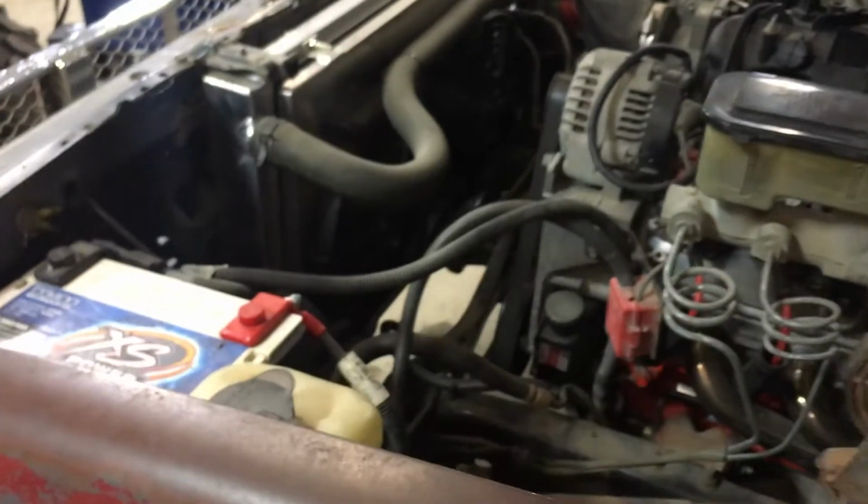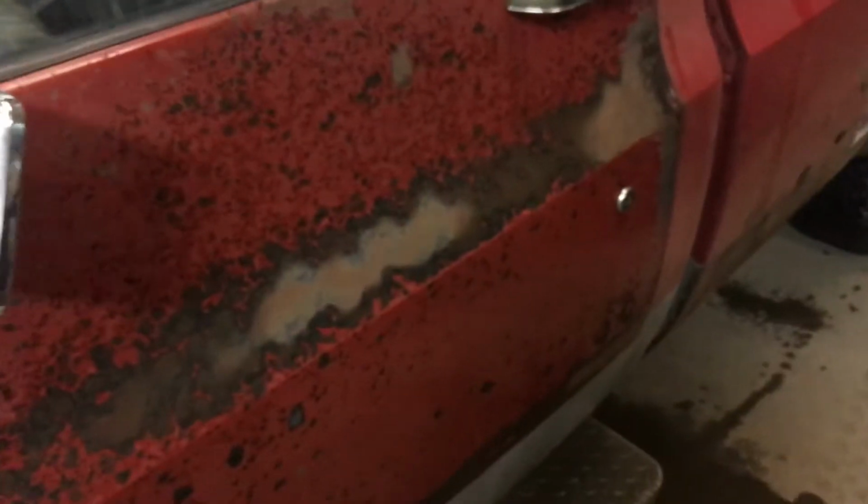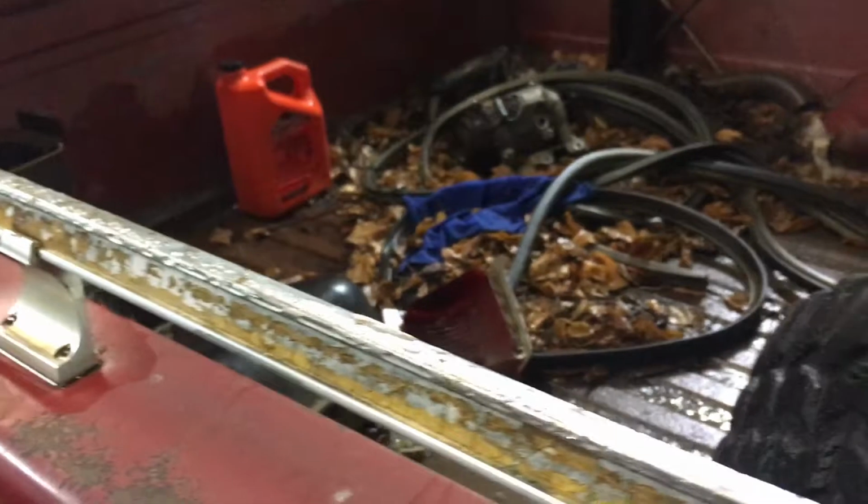Seems to run pretty good. I drove it down, filled it full of gas, so yeah, she squats a little to the driver's side, full of gas, because the shocks are shot. But yeah,